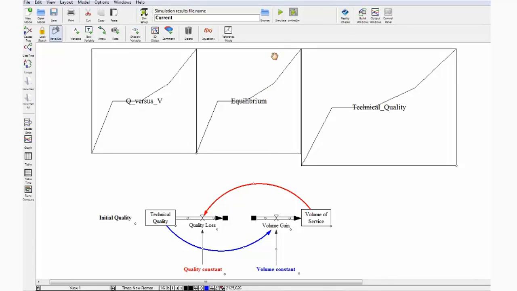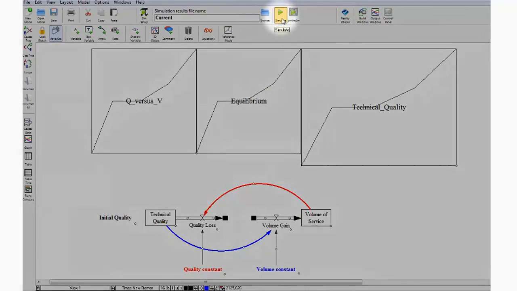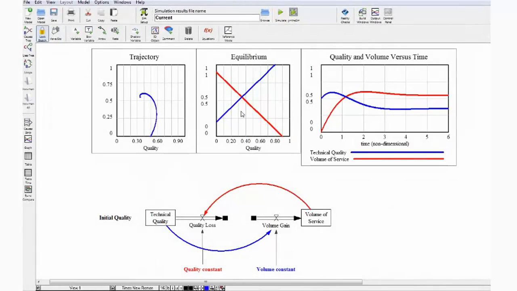And in order to do so, you go to the top toolbar and you click on the Simulate button. And here you will see both the trajectory, the point of equilibrium, and how quality and volume change over time. And you have this file in your resources in order to be able to play with it, change the quality constant, change the volume constant, and see how that shifts the equilibrium point and how that changes quality and volume